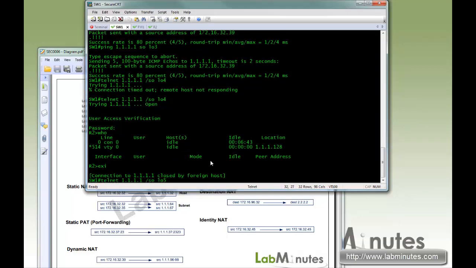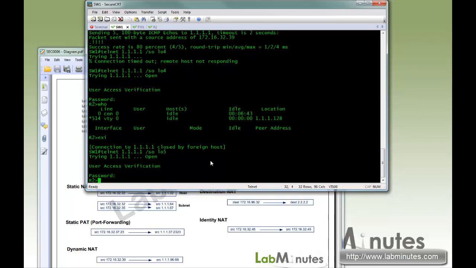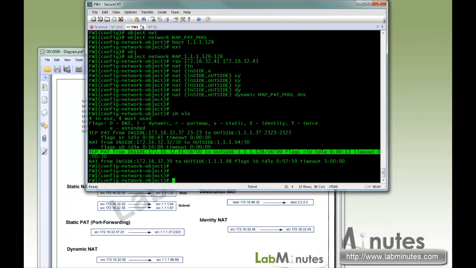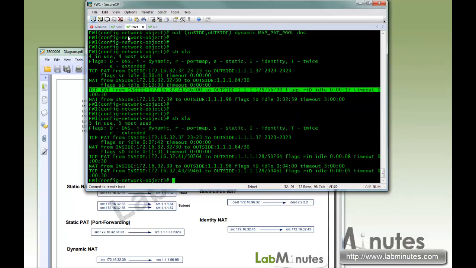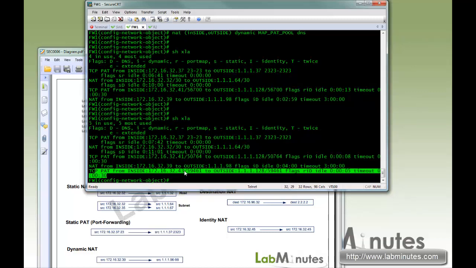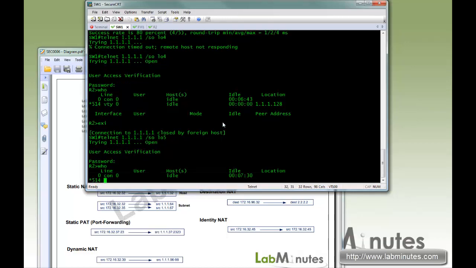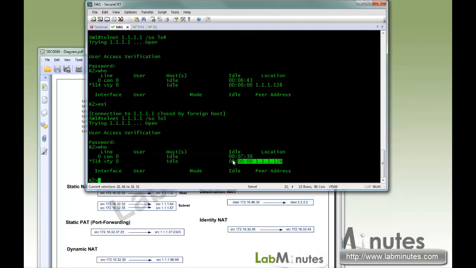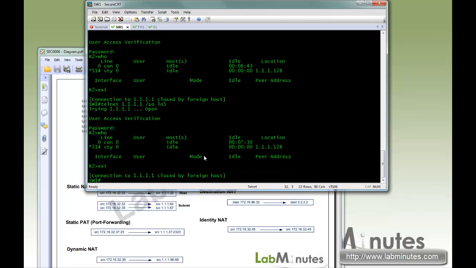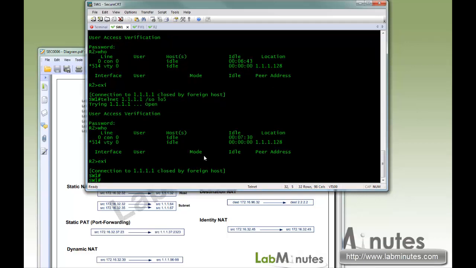Okay, so next let's switch to Loopback 5. Here we get through right away. So let's look at the translation table. Here's a PAT. 32.43 gets translated to 1.128 also. Okay, so back to that who. The who command shows 1.1.1.28. So that is conventional PAT, where multiple IPs get translated to a single IP that's specified, with the port